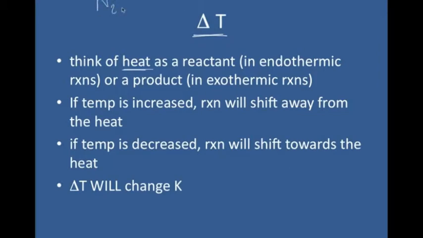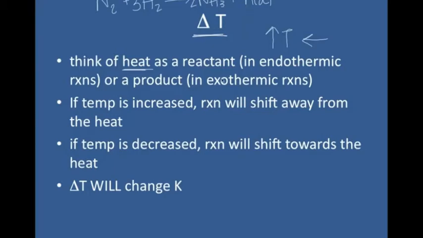this is a good reaction, the formation of ammonia gas. Let's see, balance this guy real quick. Results in some heat. It is an exothermic reaction. And so if you think of heat as a product in your exothermic reactions, and let's say we increased the temperature of this particular reaction, well, we added heat, so we shift away from what we add. So adding heat will cause the reaction to shift towards the reactants, basically trying to use up that excess heat